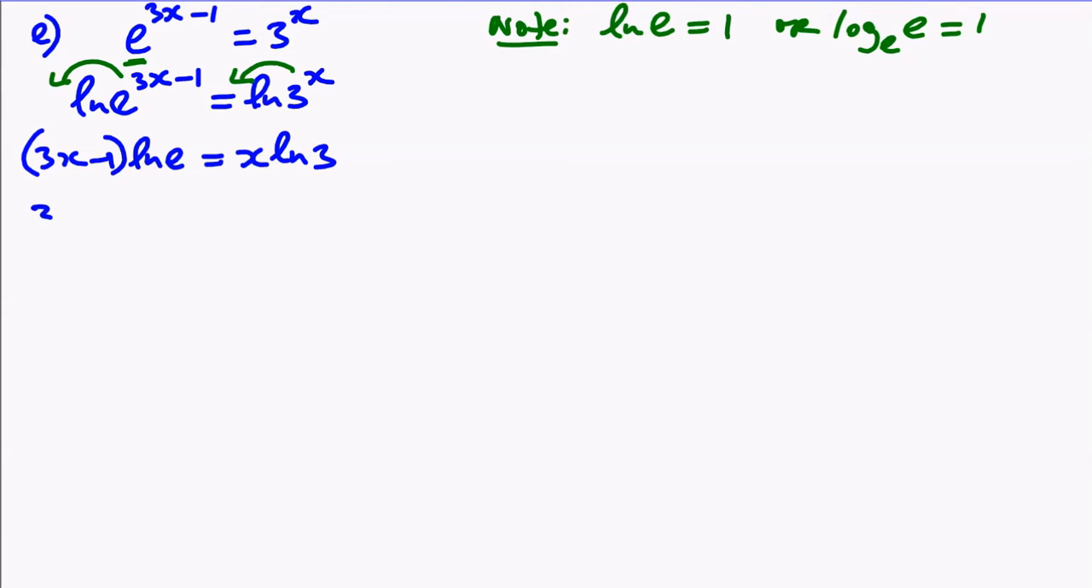Expand the bracket. By the way, ln e is 1. So here we are left with 3x minus 1 is equal to x ln 3. So x will be equal to